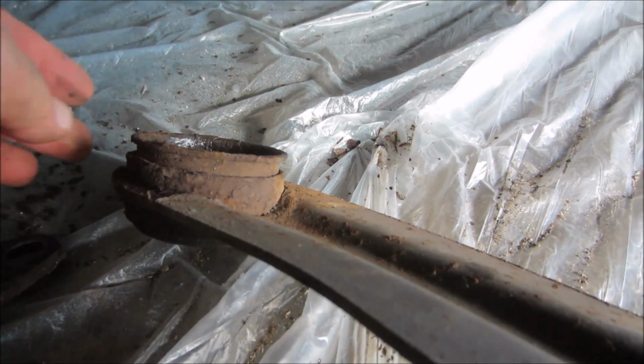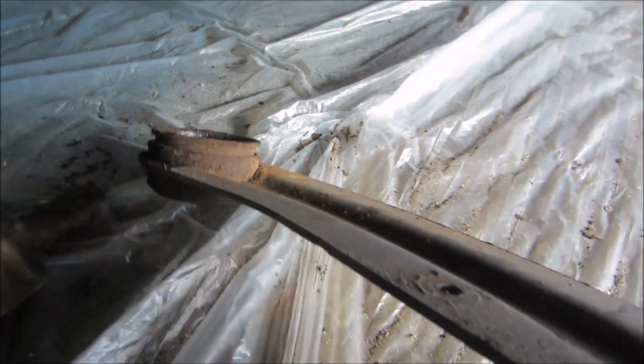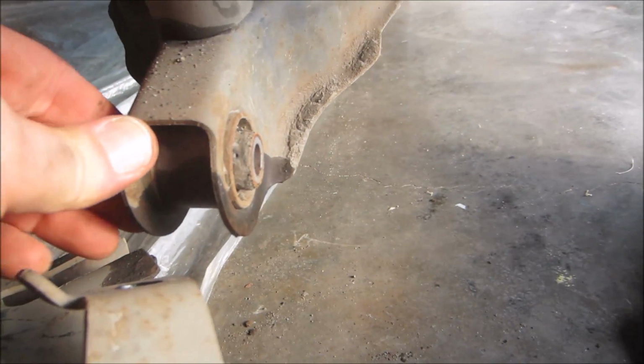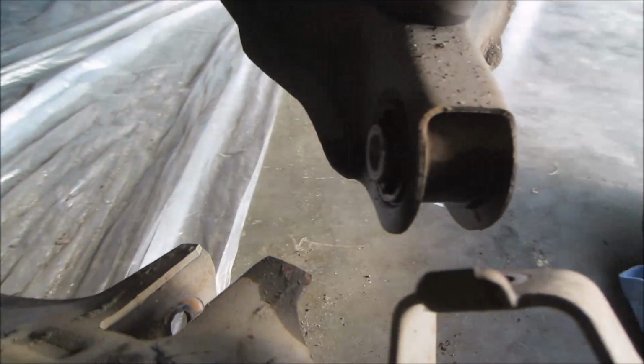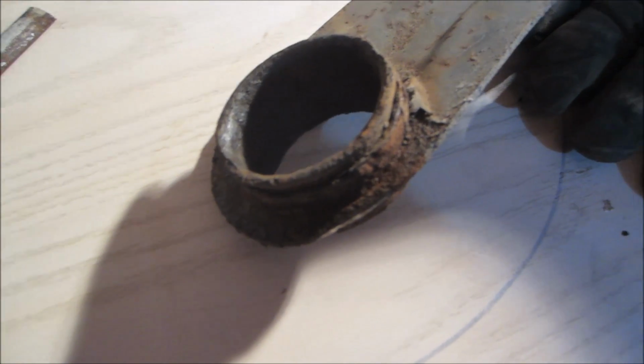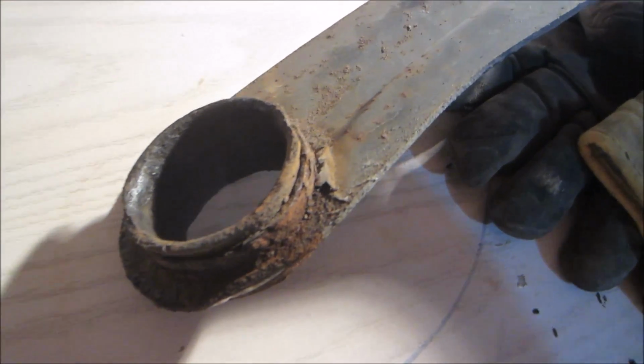The ring's still in place, however the bushing is completely shot. It's also a good time to just quickly inspect the remaining bushings that you have in here. Everything else seems to be in good shape and in place. With the control arm off, the first thing we're going to do before we get carried away with taking that